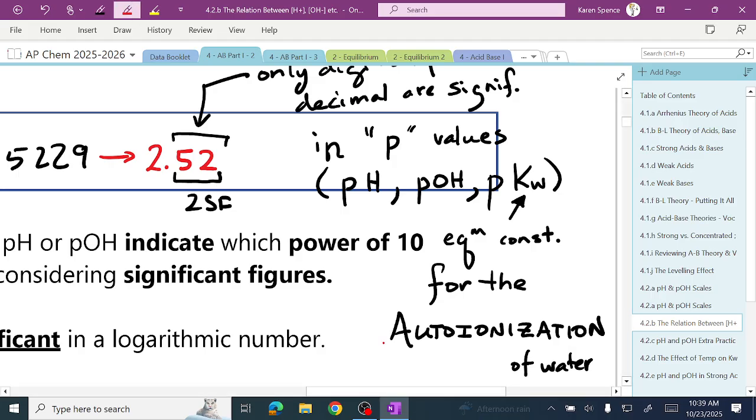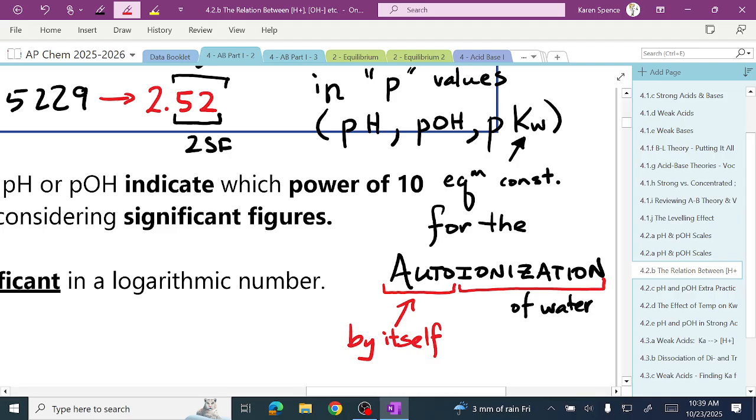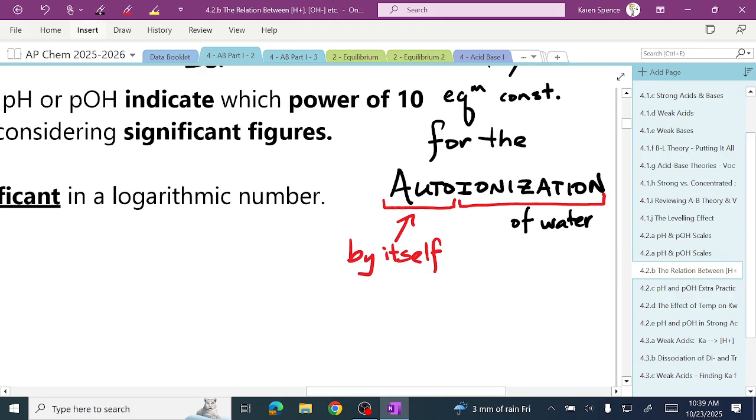Do you guys know what the prefix auto means? By itself. So an automobile is mobile on its own. It doesn't need a horse to pull it. Yes? So if we have the ionization of water by itself, that means that water is ionizing water. Yes? So if we were to write the auto-ionization of water,